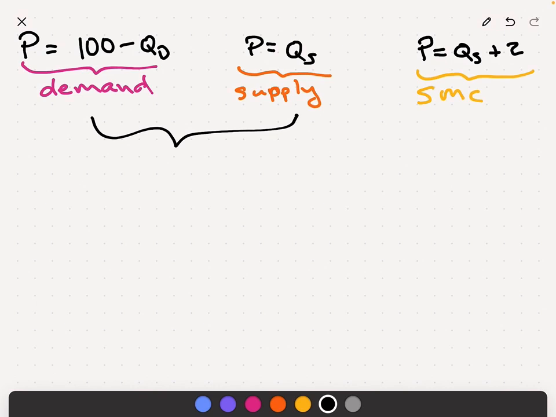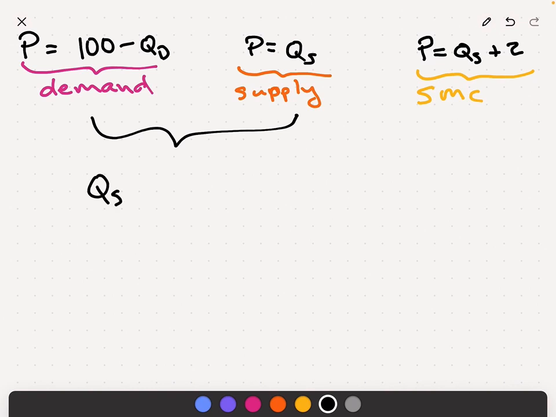And so this is a system of two equations. Each equation is representing a line. And so in a system of two equations, when you're trying to find the intersection point, it's the point at which both of these equations are true, right? So if both of these statements are true, then we can just pretty simply solve it. So since we're going to use the demand equation, but we're going to substitute in